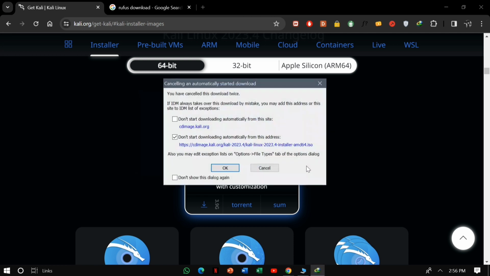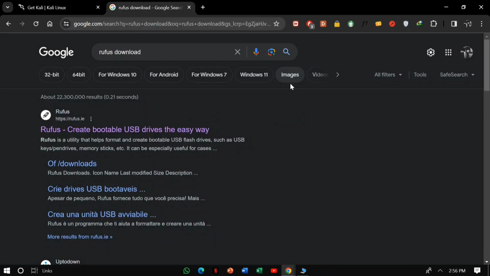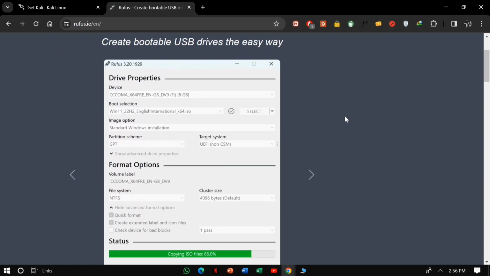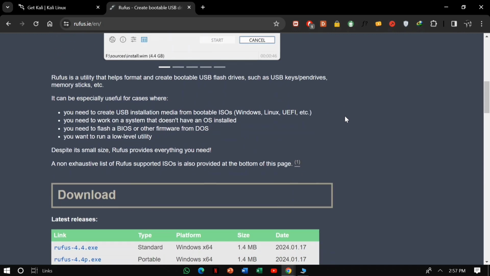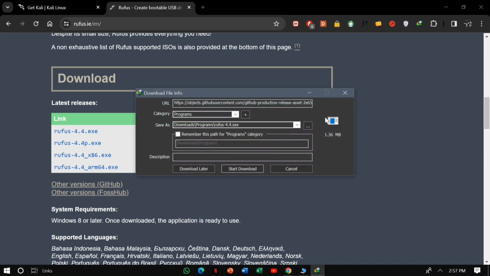Another software that we will need to boot up our Kali Linux into our USB will be Rufus. You might have listened about this earlier. Rufus is a software that creates a bootable USB and it flashes the image file into the USB. Scroll down a bit and you will see listed versions of Rufus here. Download any of these. I will go for the latest one, but I have downloaded it earlier, so I will cancel it too.